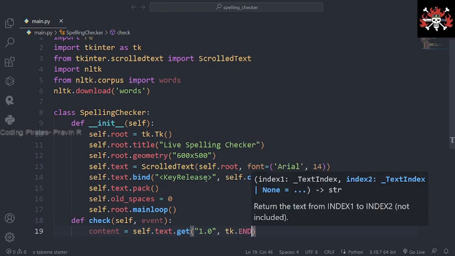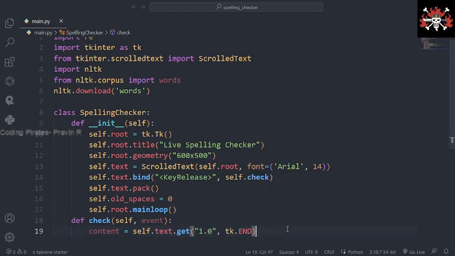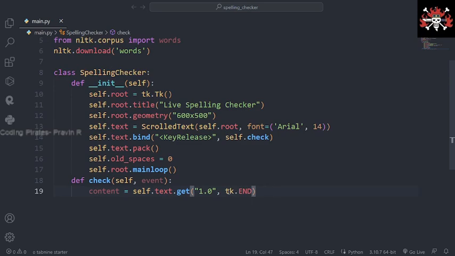So be careful with the caps lock. Okay, tk.END, 1.0 means the first letter, and tk.END means the last one. Then